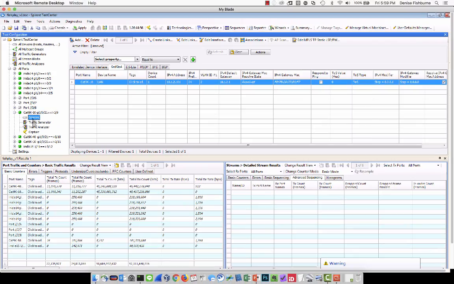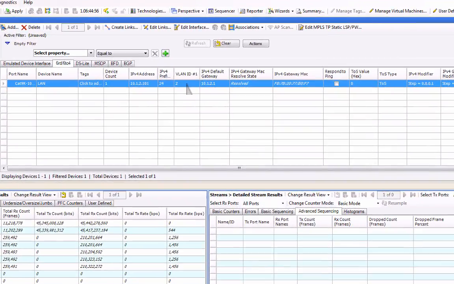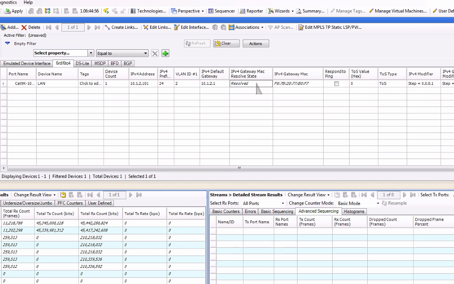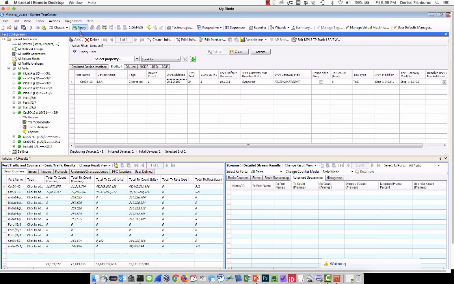So on the Cat9K, I have done it with a VLAN, so it's VLAN 2. And it is just a name LAN. It's locally significant. The IP address is 10.1.2.101. And you can see that the default gateway is resolved. Now what can happen, and I'll go ahead and show this to you right here, is that if we do apply,